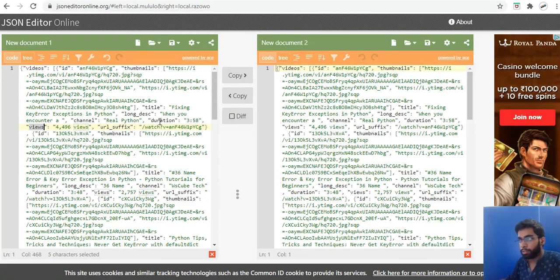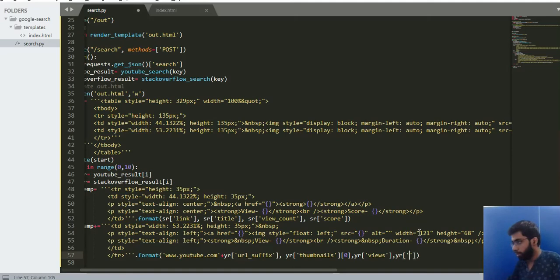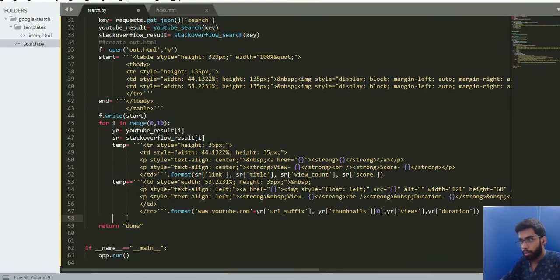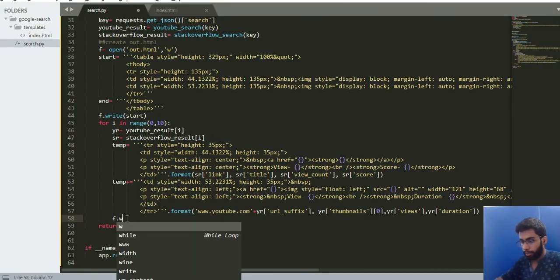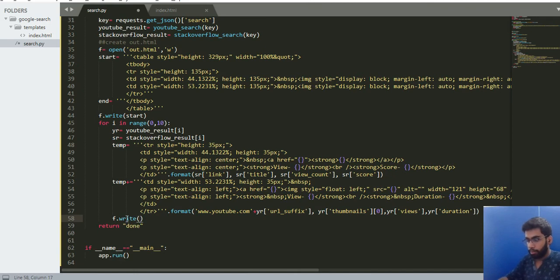The duration, yeah, it comes as duration only. Perfect. So I've made 4 changes as I need 4 things inside this. Within this loop I need to write the temp. All right, so I've written the temp inside my file.